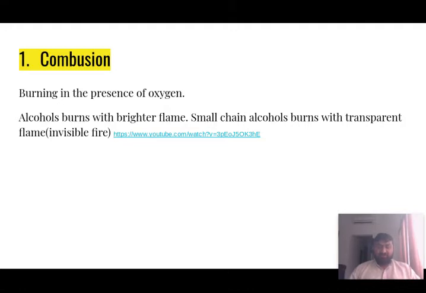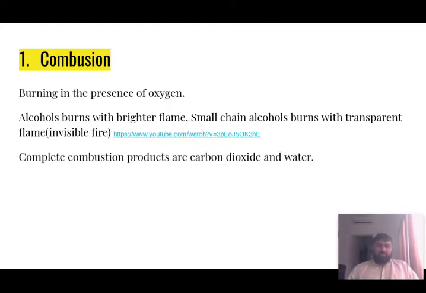It's really interesting. I've given you the link in the video. You can see there the problems arising when methanol or ethanol burns. So that is the distinctive property of combustion of alcohols. And for complete combustion, as you all know, the products are carbon dioxide and water. For example,